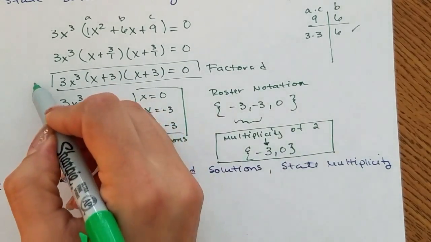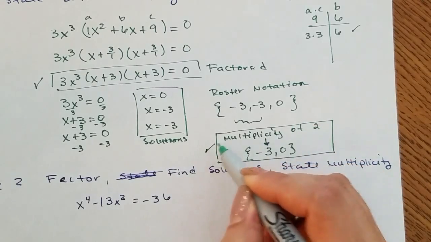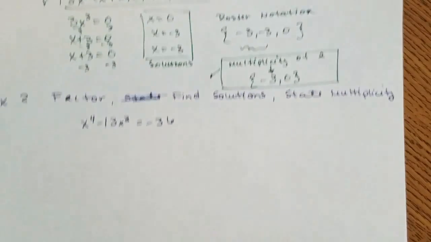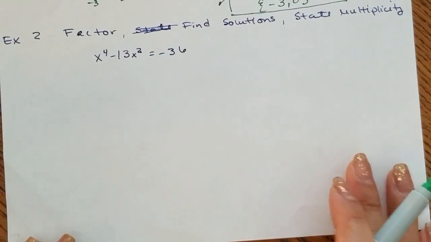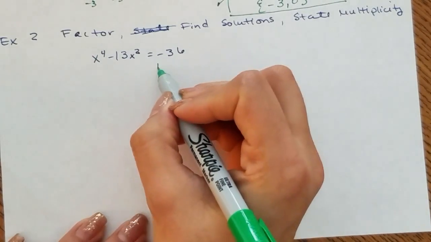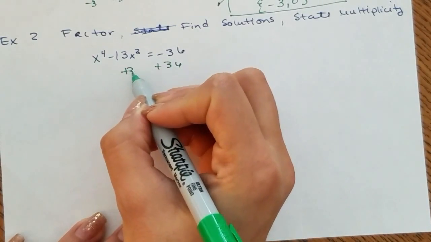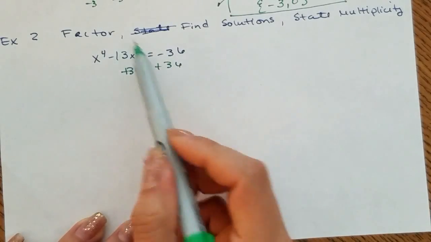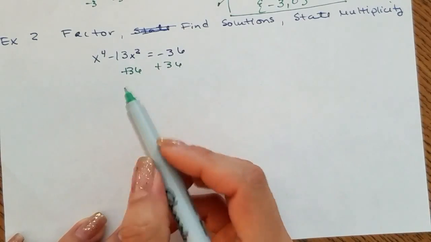Okay, so what I'm looking for is this over here and this down here. We'll do it one more time. Okay, I have another example here. We cannot solve this the way it is. We have to add this 36 to each side. Okay, we cannot combine 36 with any of these,